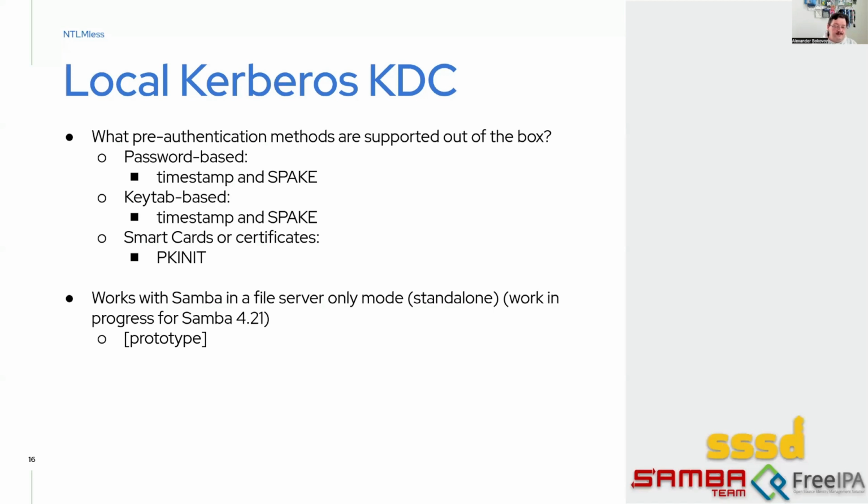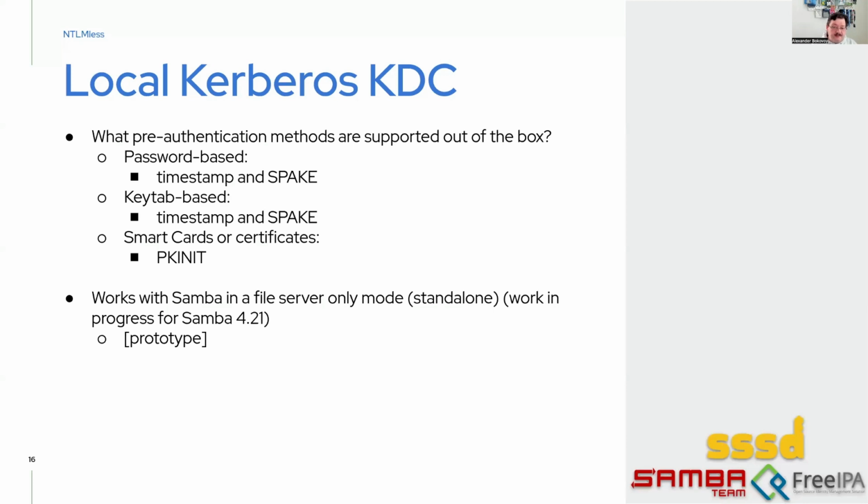I don't need to do anything. PKINIT is just one command away with the certmonger tool that uses a local self-signed CA to set all this up. Remember, this is localhost, so there is nothing to trust except yourself. And it works with